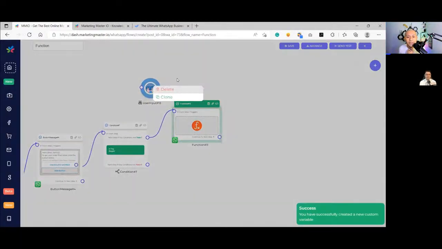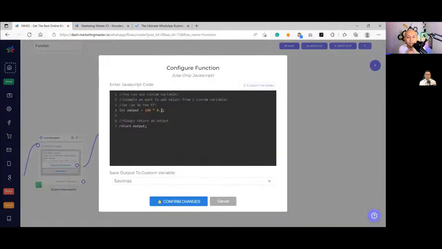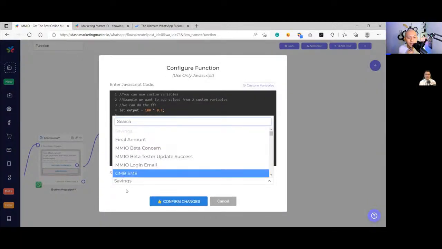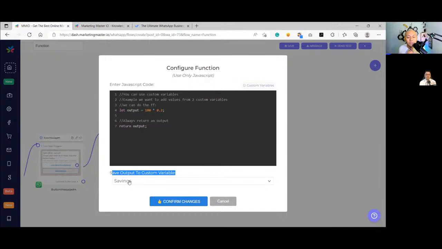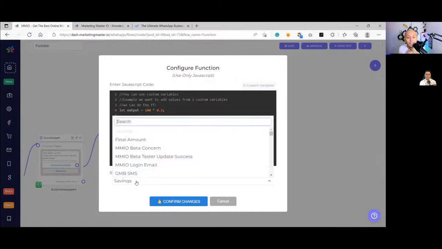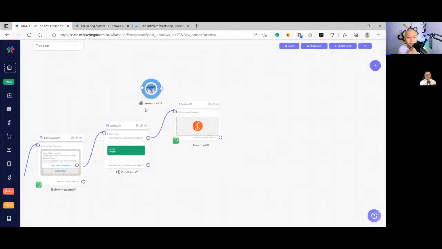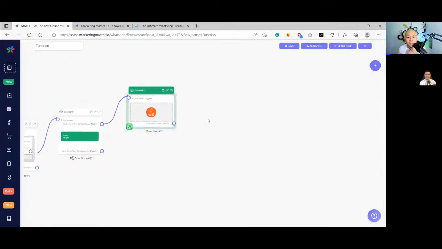Okay, for the savings, I'm going to use savings here. Look at the output custom variable. Yep, I am saving this to the savings custom variable. Okay, good. And after that,